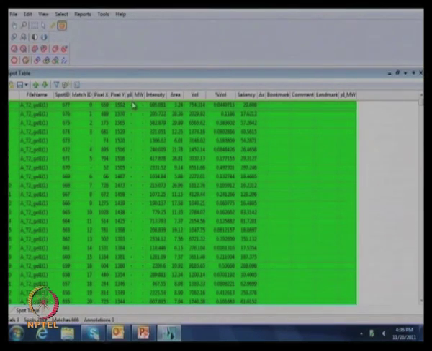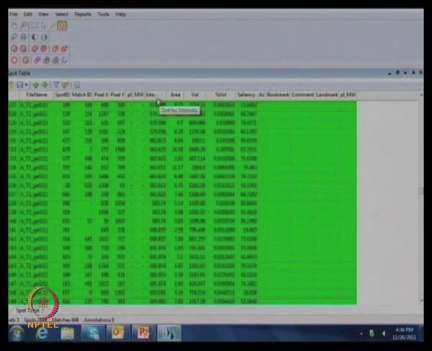Then if you give the pI and calibrate the pI as well as the molecular weight, then the intensity of a particular spot, the area of that spot, the volume of that spot, the percentage volume of that spot, and the saliency of that spot. These are all the parameters you can see in the software for all the gels.